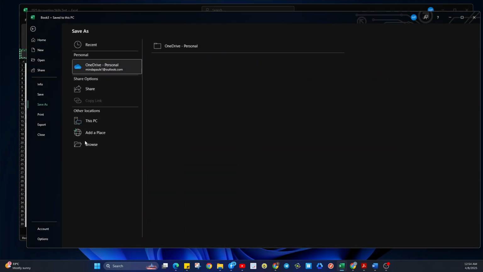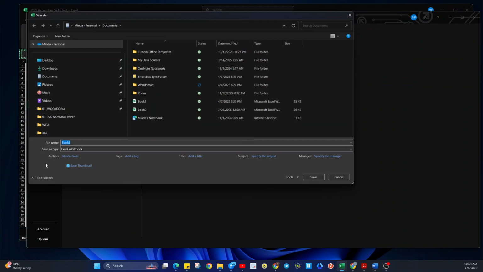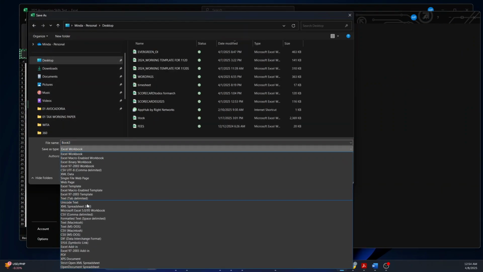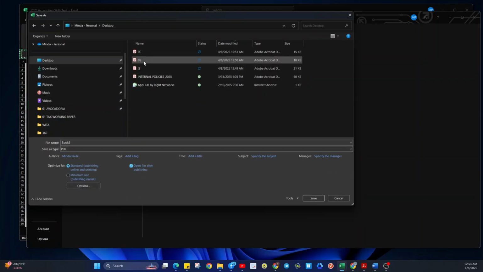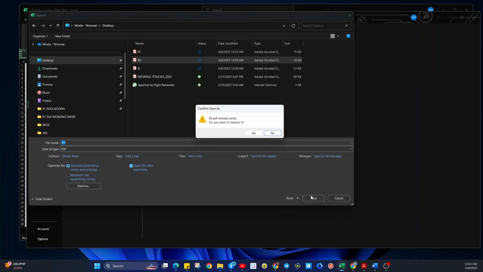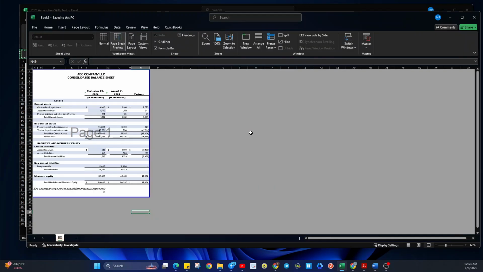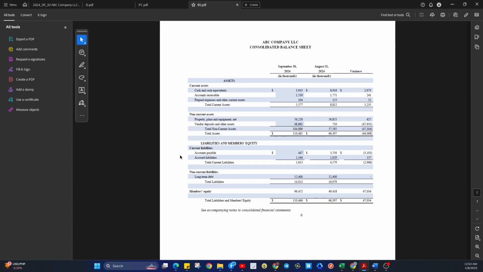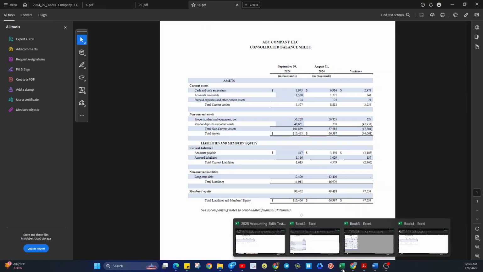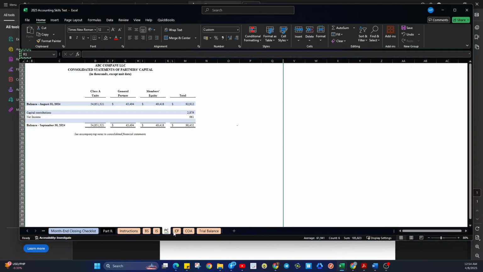Save as this balance sheet. There. And then last but not the least is the cash flow.